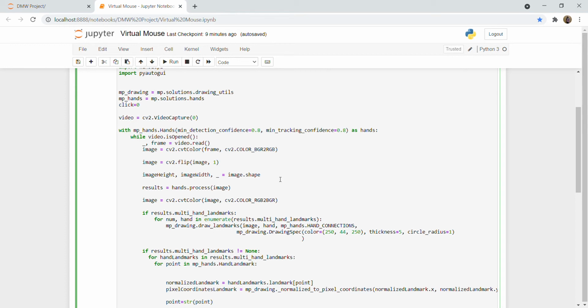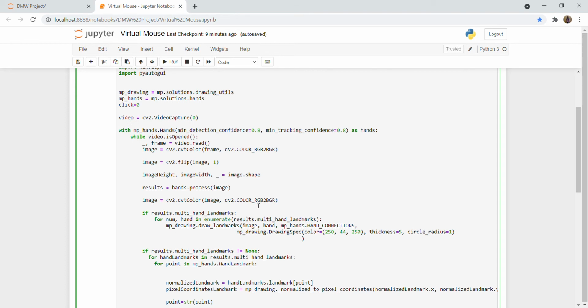Then we have to change the format of the image before we process it, because OpenCV works on BGR format, that is blue, green, red, but MediaPipe works on RGB, that is red, green and blue format. So after taking input using OpenCV, we need to change the format to the one used by MediaPipe.